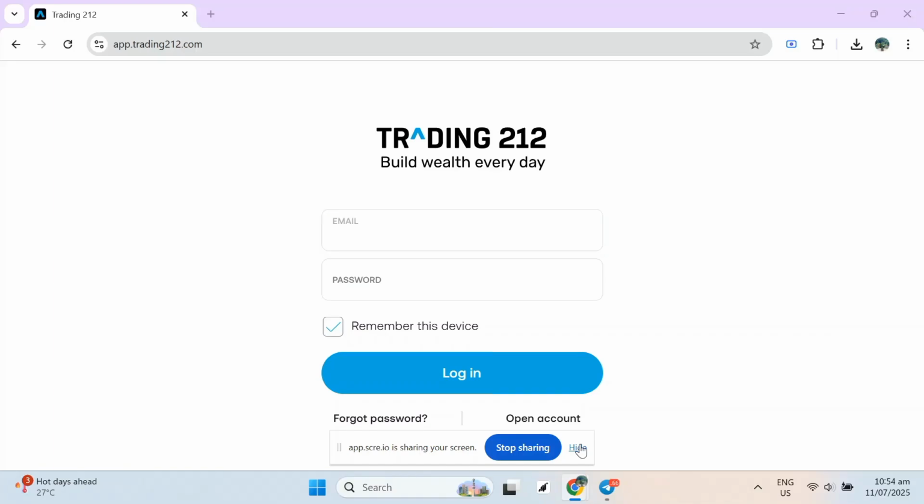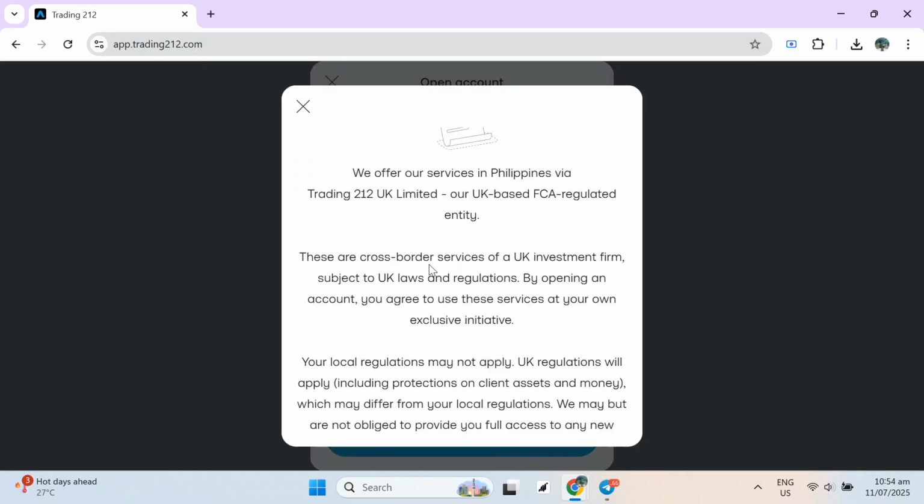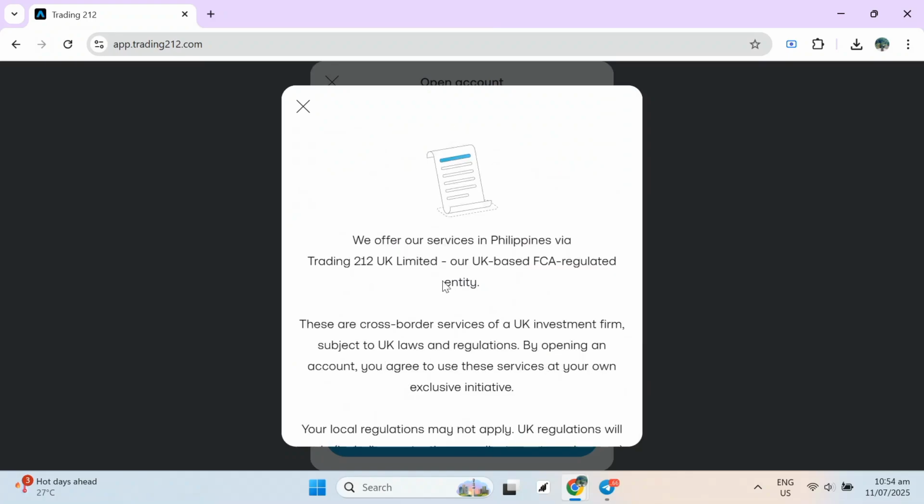I'm going to show you how to open an account on Trading 212. To get started, open any browser that you like, and from there just type in app.trading212.com. Then you're going to need to click on open account,